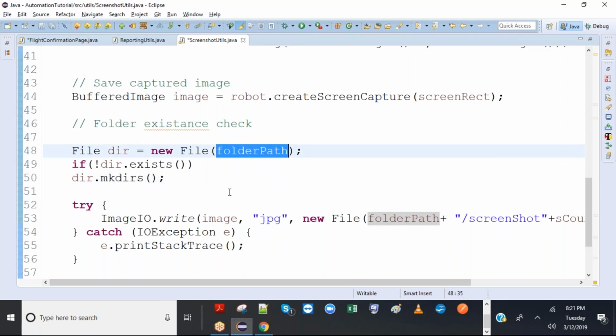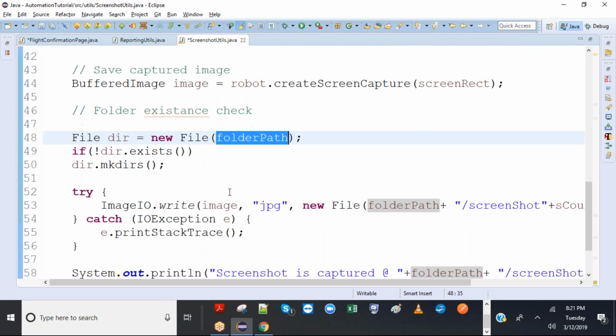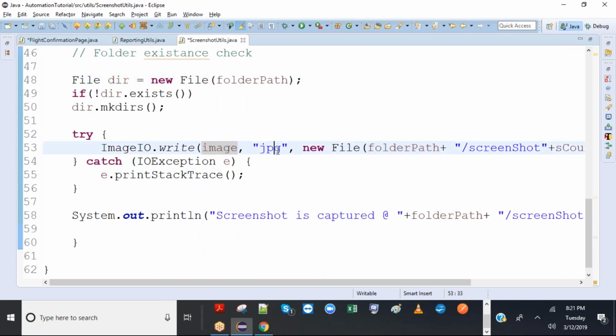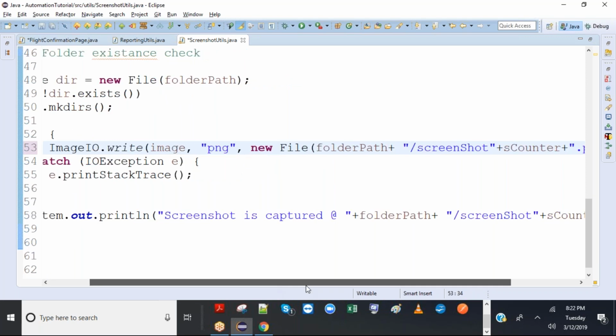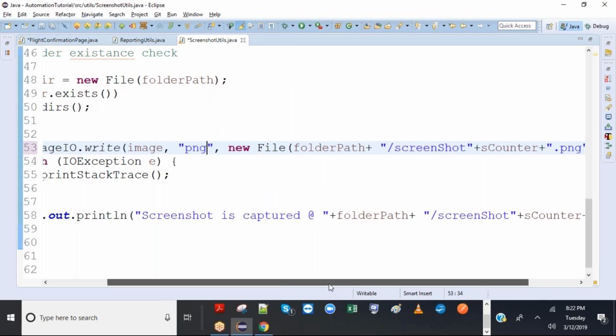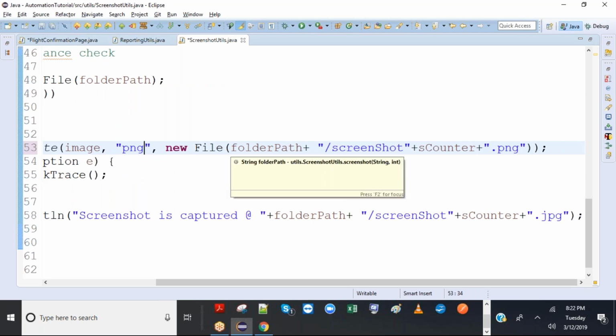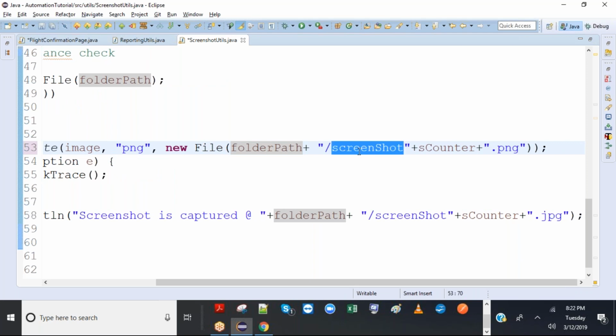Then about the extension, ImageIO.write will write the image including its extension. It could be jpg or png or bmp or whatever, but png is better because it takes less space, in KBs. The third argument will be the new File instance with the folder path and slash screenshot.